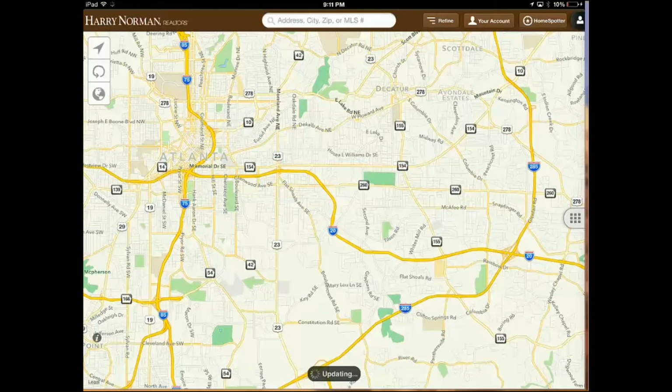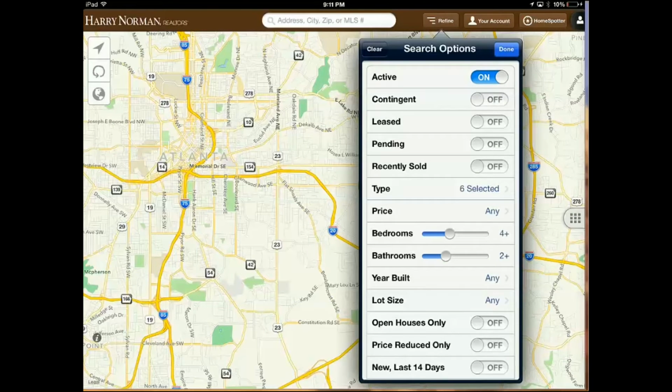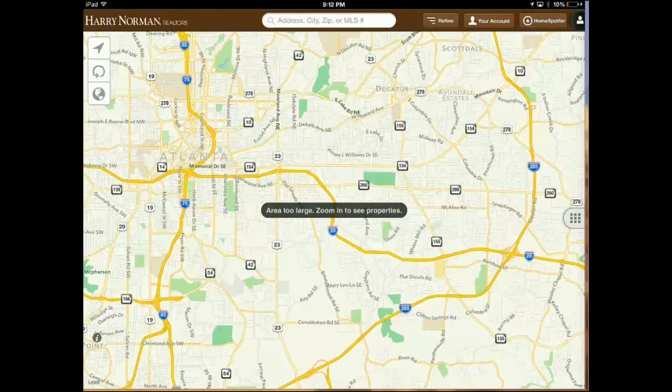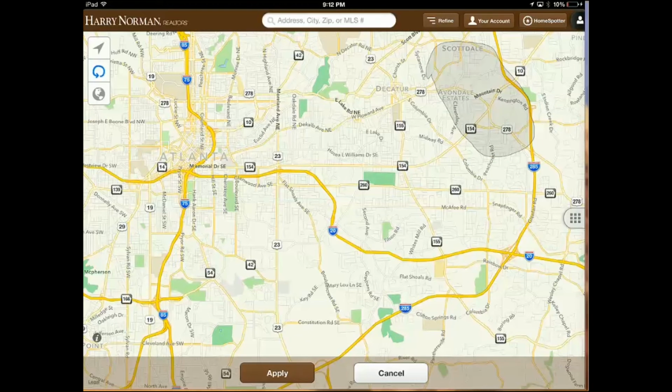Now, if you want to use the refine and then use your drawing tool, you would click on the refine button, add your criteria, and select done. I'm going to click clear and then done. I'm now going to choose my drawing tool, and you'll know that your drawing tool is active because it turns blue. I'm going to draw my refined area, and you'll notice now that area has turned gray. It also gives you an apply button and cancel. We'll click on apply,